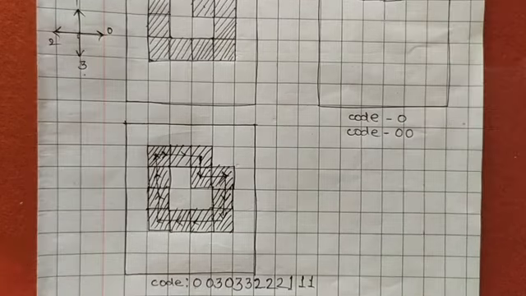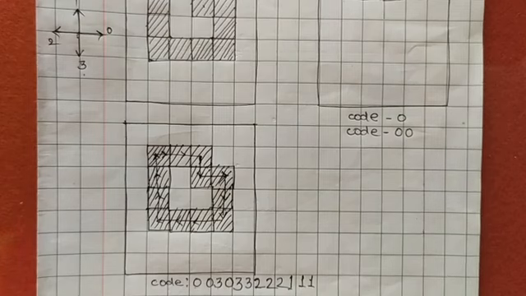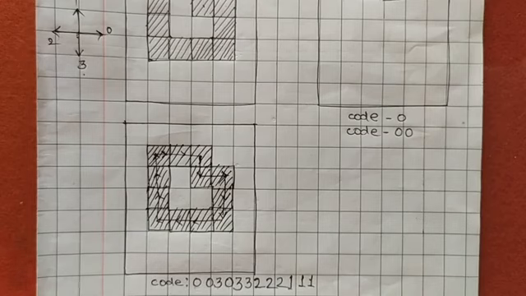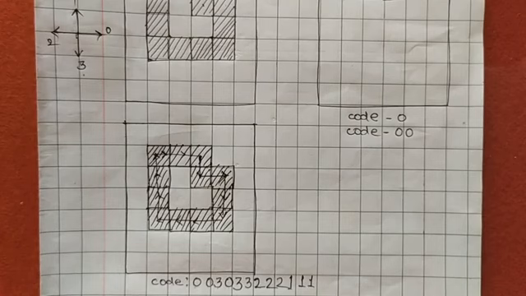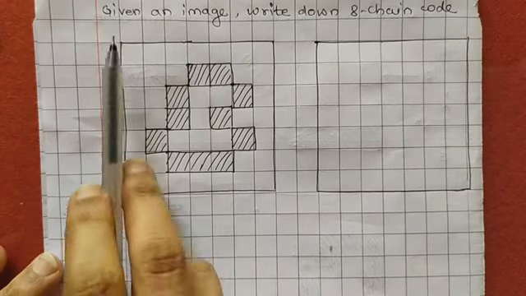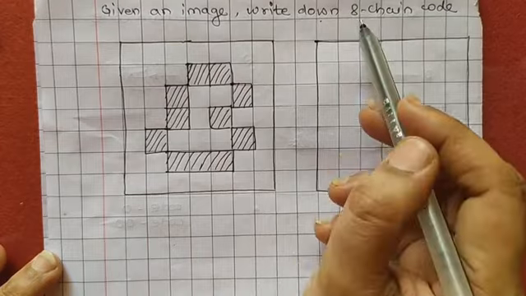So here in this 4 chain codes only the horizontal and vertical direction will be considered, but if we consider the 8 connectivity, that 8 connectivity is closer to human eyes than compared with the 4 connectivity, and here the 8 chain code will allow an edge to be described by using vertical, horizontal as well as the diagonal descriptors. Now we will solve one example based on 8 chain codes. Now given an image, we have to write down the 8 chain code.